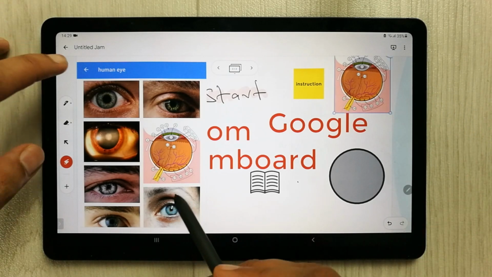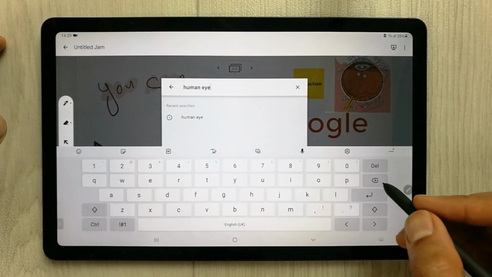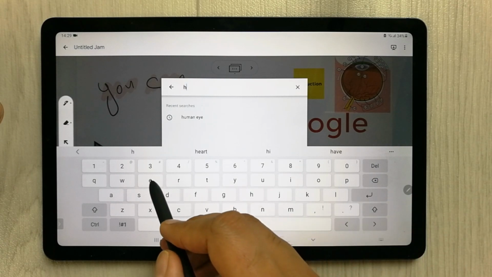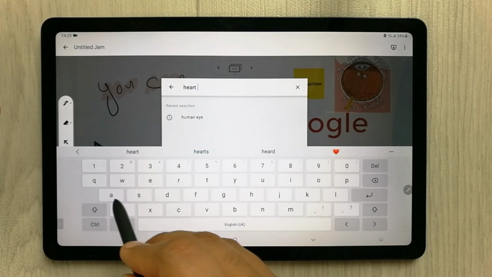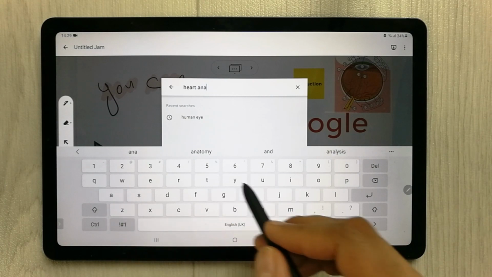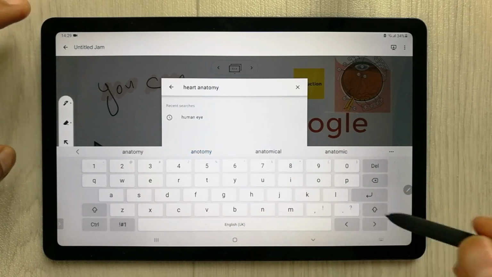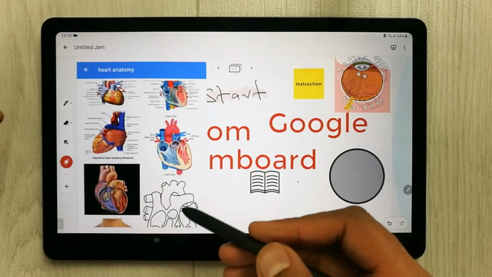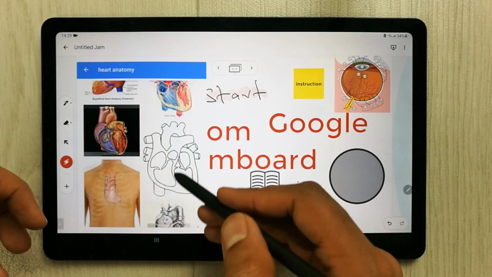Okay, and then if you want to search something else, for example heart anatomy, I can straight away search it. Then you can see over here there are different options Google is giving me.